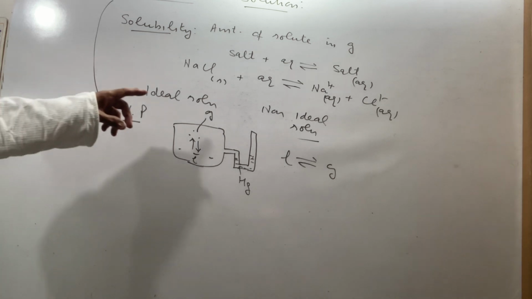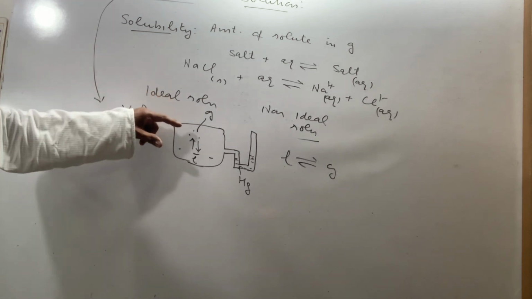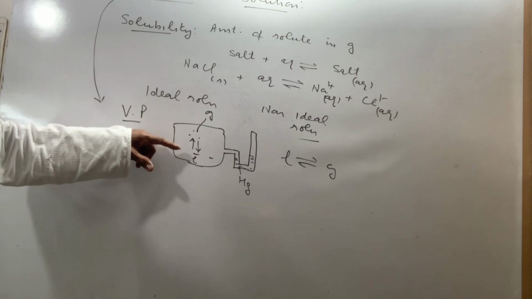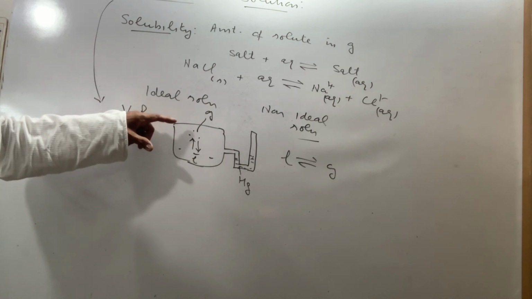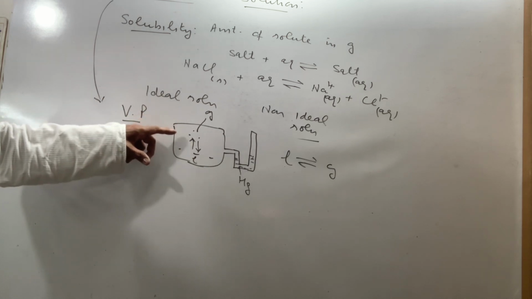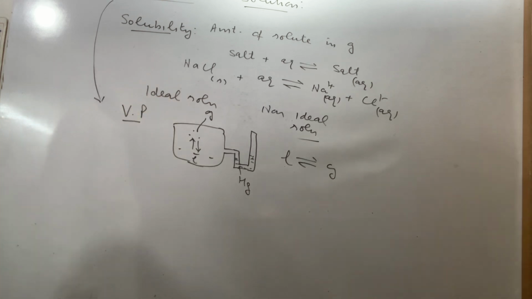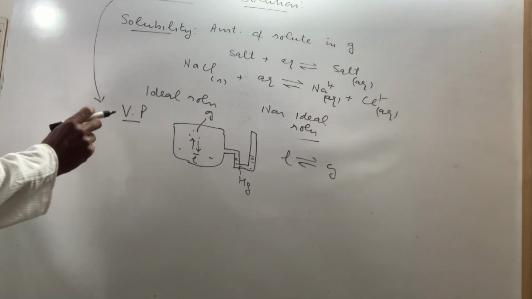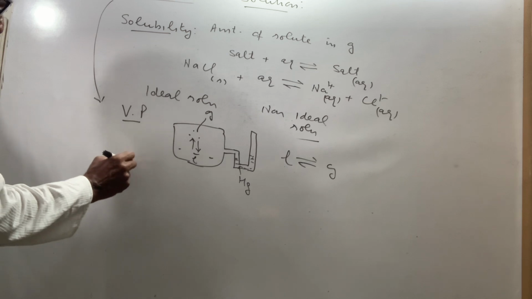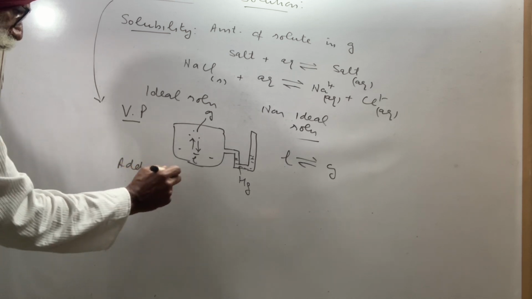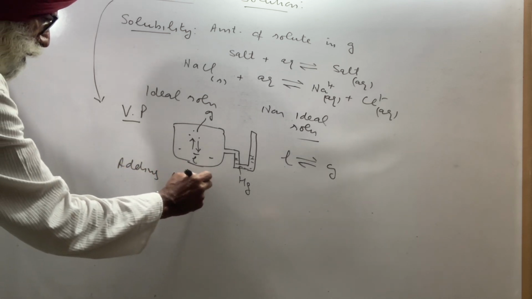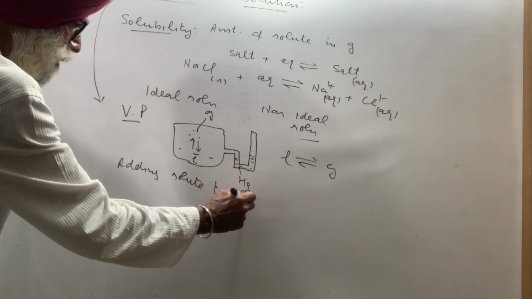The pressure exerted by vapors of liquid at its surface at equilibrium state will be referred to as vapor pressure. So what happens when we are adding solute to solvent,